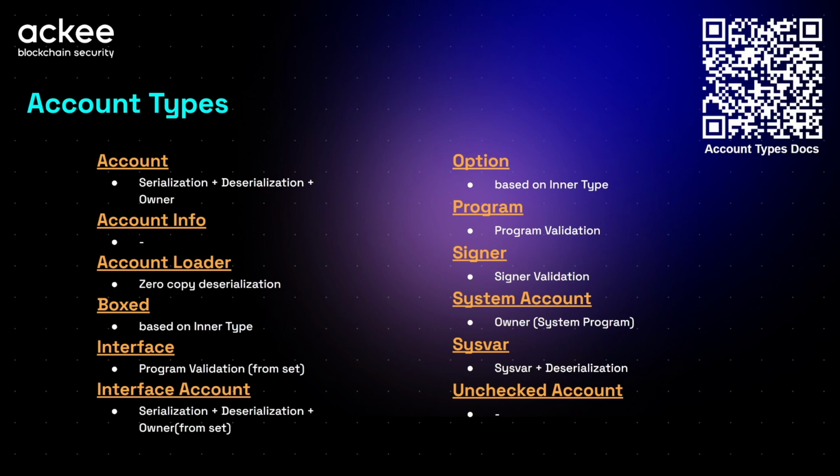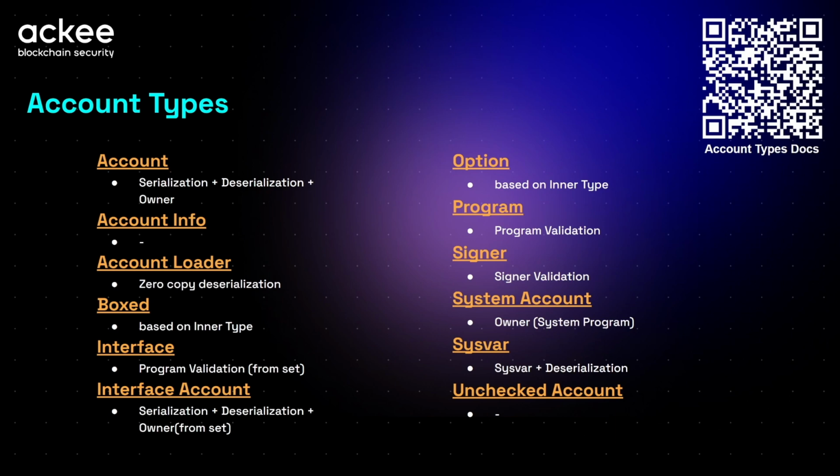Same goes for the token account, but in this case the ownership is from a set. So that means, let's say for the mint and token, you don't want to support only mint accounts and token accounts from Token or Token 2022, but from both programs. So instead of expecting the type as Account of Mint, you can expect it as InterfaceAccount of Mint. That means you are supporting all mints from the Token program and from the Token 2022 program.